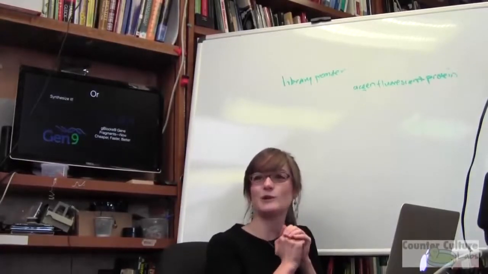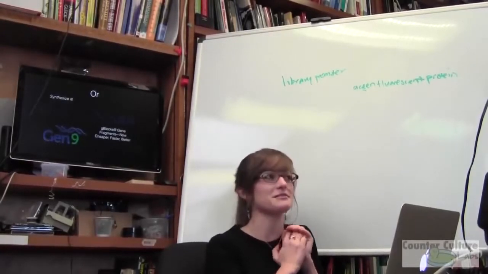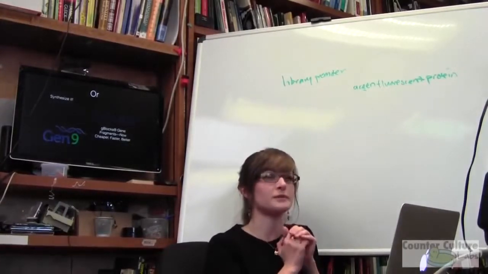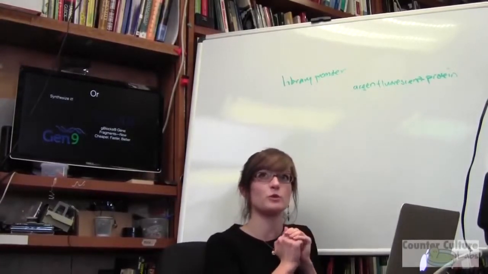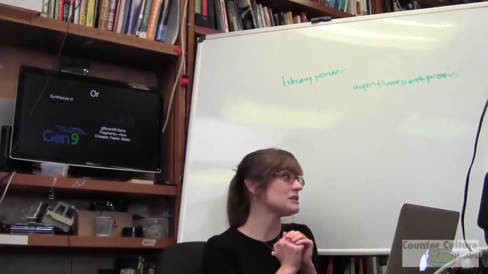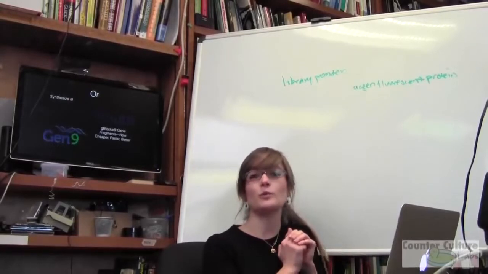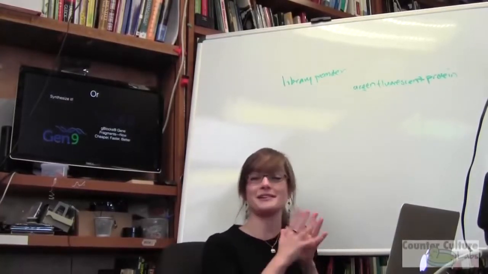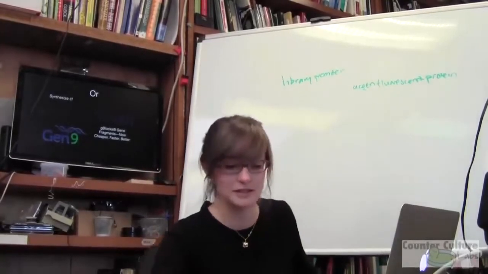So someone who knows how to do this, what do you have to do to get a piece of DNA in the vector? Use restriction enzymes. Okay. So you have to use restriction enzymes. Restriction enzymes digest your DNA at specific sequences and leave overhangs. So pretty much what happens is